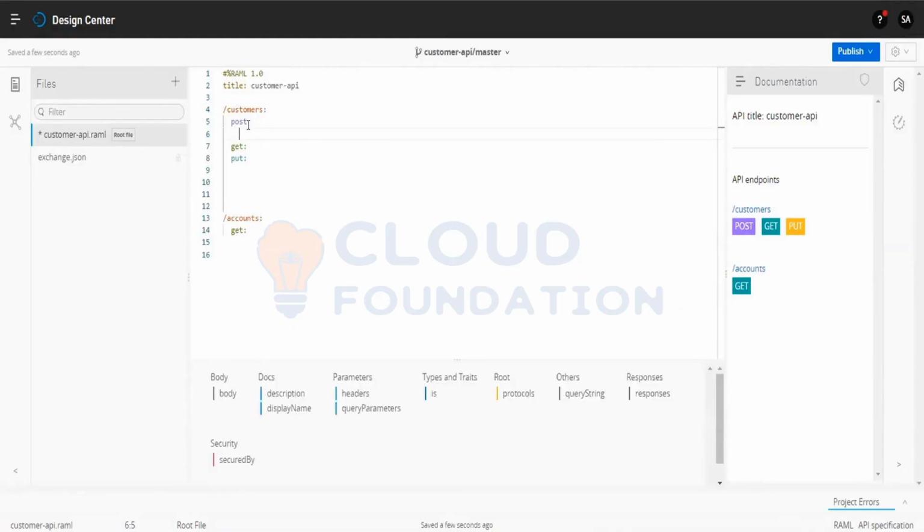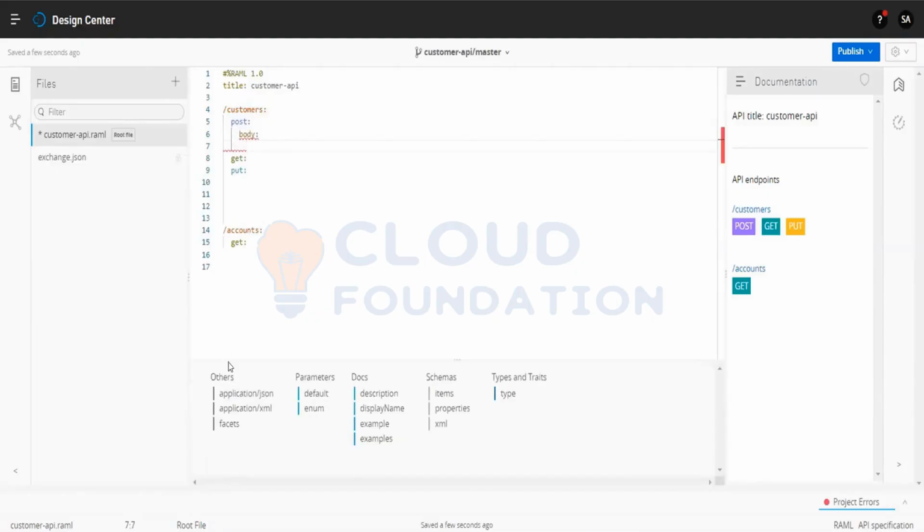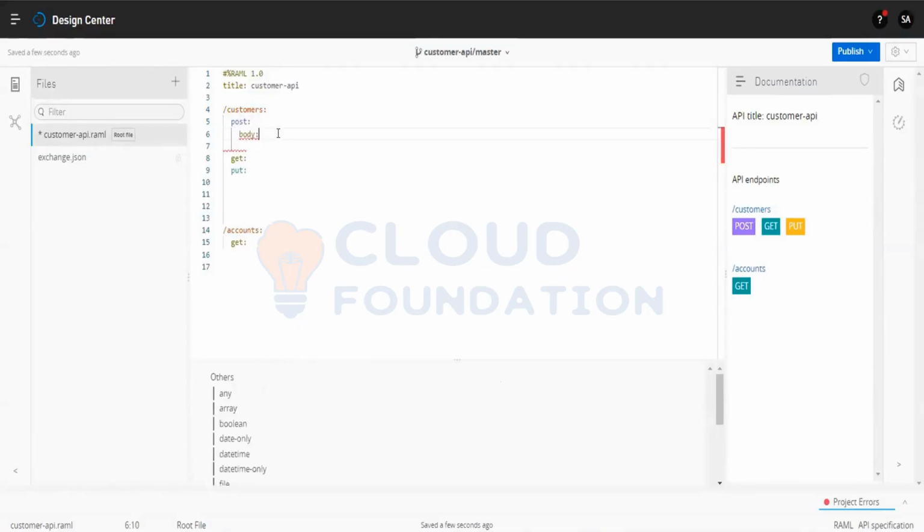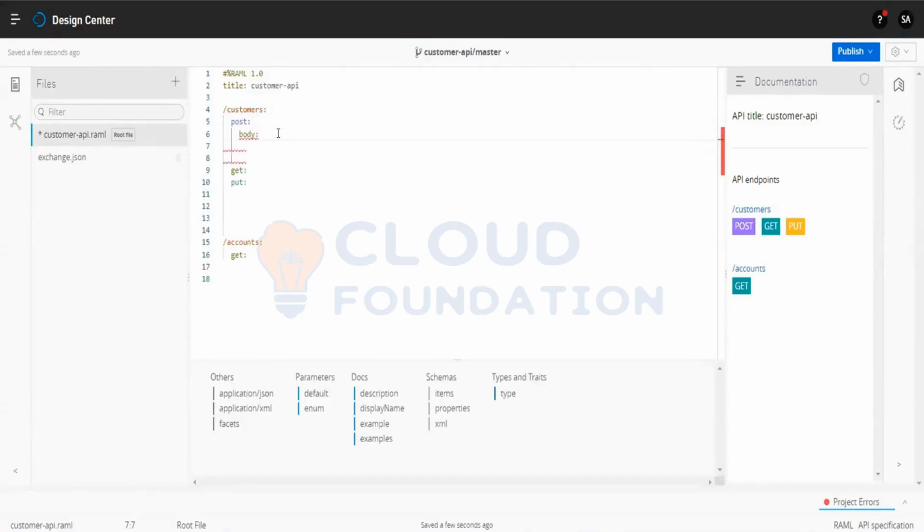The client who is using this resource wants to create a new customer. Then use a post method. With the post method, he will send the customer information in a body section. The body. Post has a body, and that body has